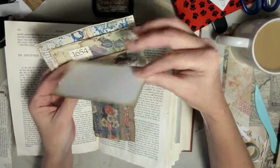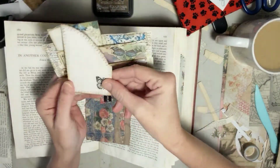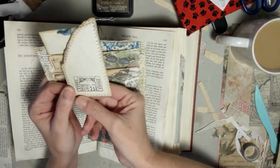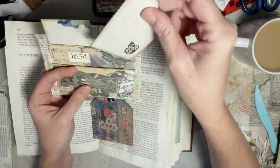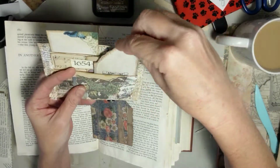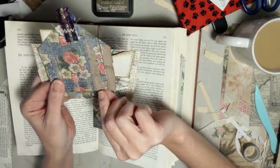I've got two journaling cards here, so there's one. And then here's a weird looking one. I just put a butterfly stamp on there and a ticket stamp on the back, kind of like how it looked, that little off the beaten path kind of tag. And then here is just